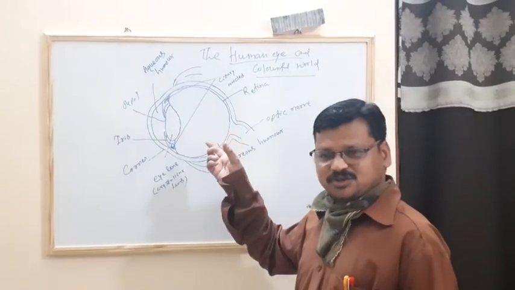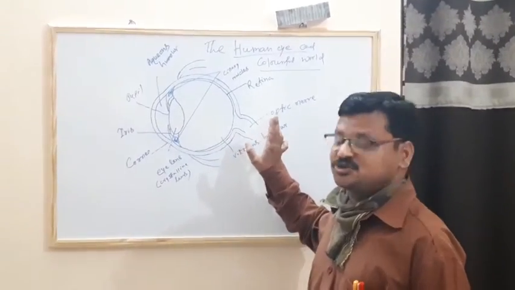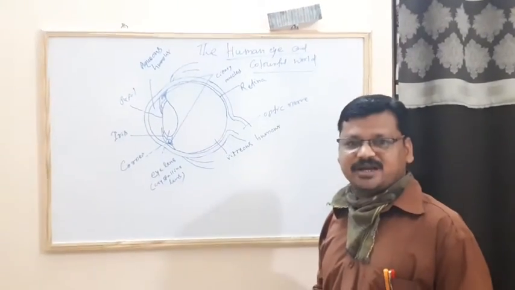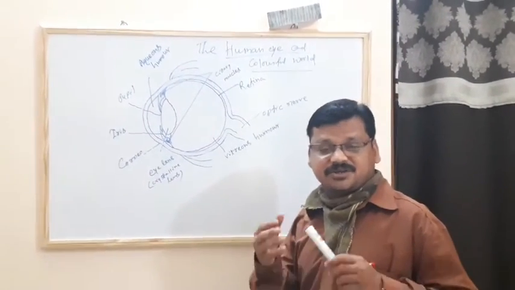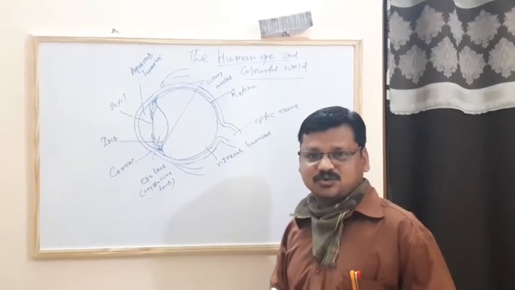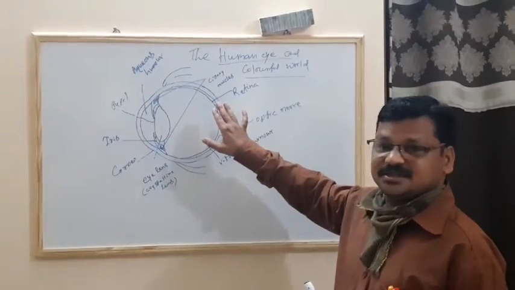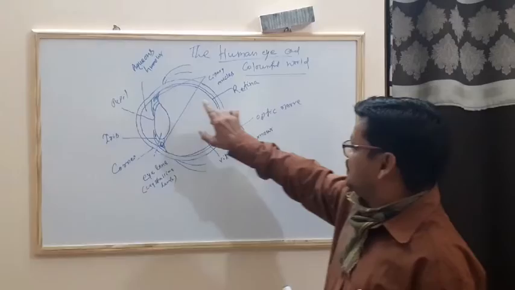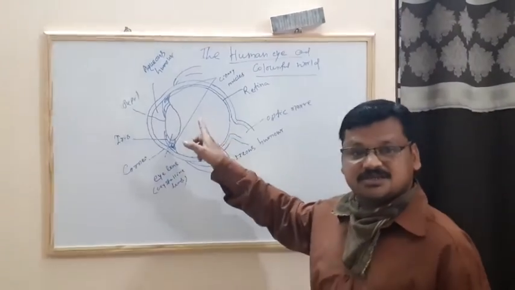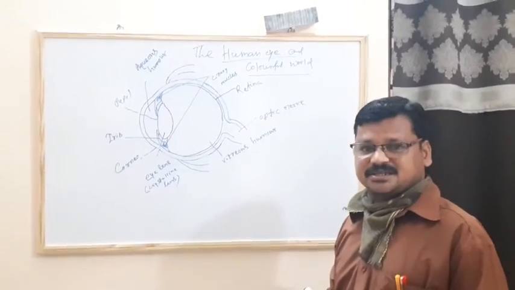The image formed by the human eye is also based on that same refraction phenomenon. We are going to discuss the different parts of the human eye, because we know that the most precious part of the human body is the human eye. The human eye is the most valuable part which enables us to see objects. The different parts of the human eye are the cornea, pupil, iris, aqueous humor, vitreous humor, and ciliary muscles. These are some important parts.